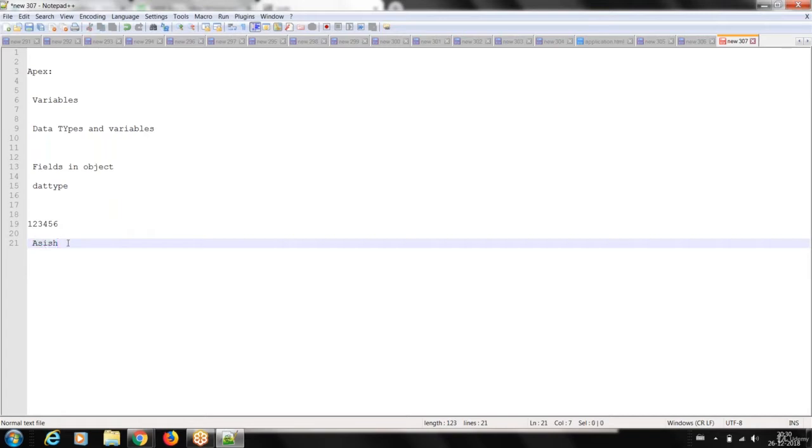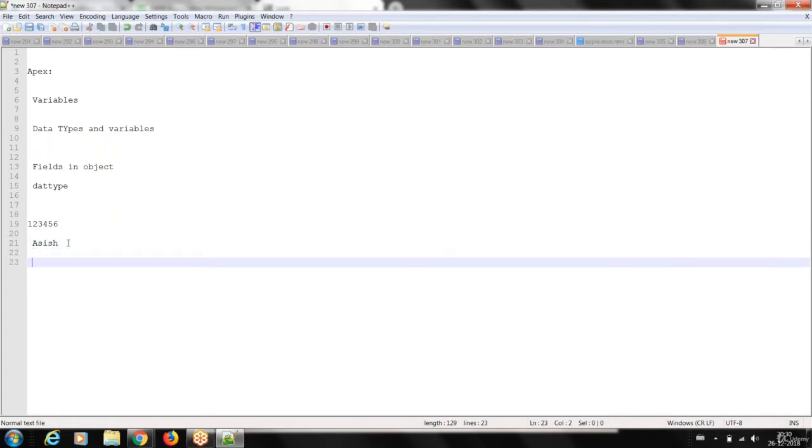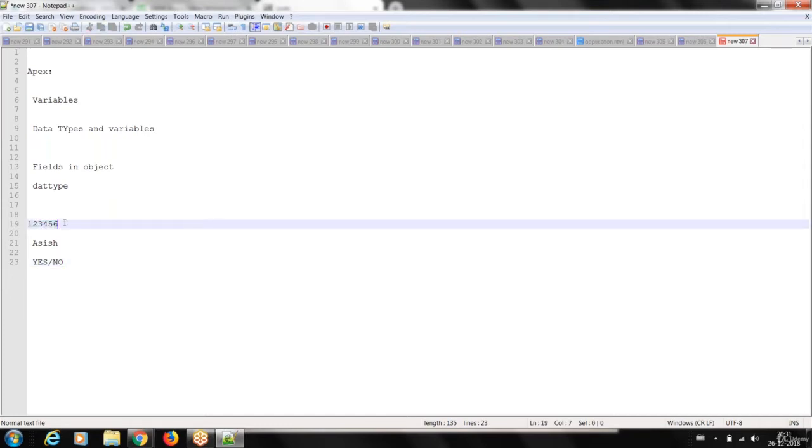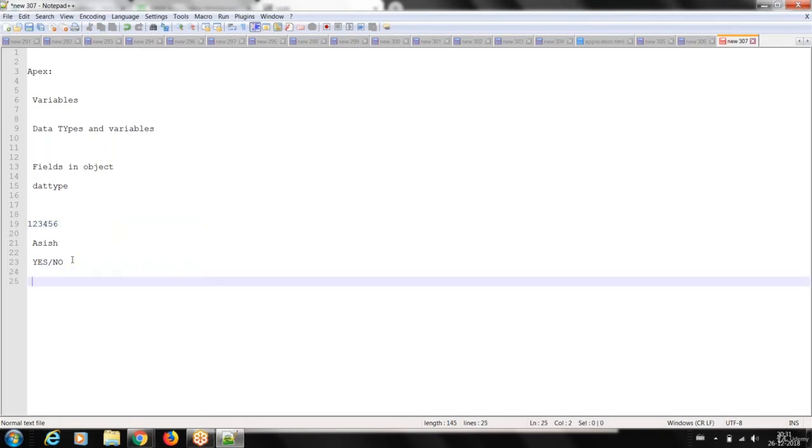Whenever I want to say whether Assis is working or not, the answer comes as yes or no. So this kind of data we have. To store this 1 2 3 4 5 6 number, let's say I declare one variable which I call roll number, equal to 1 2 3 4 5 6.